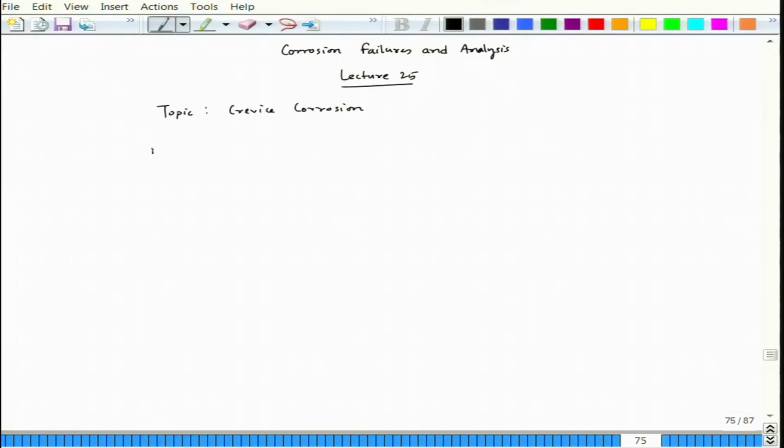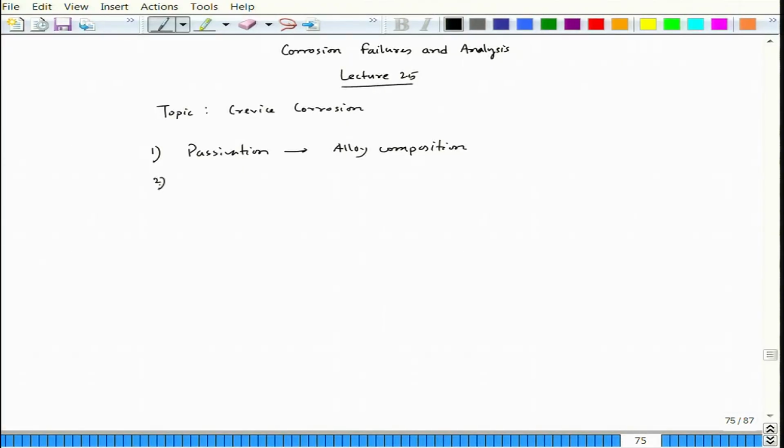So, one factor is of course passivation, and once we talk about passivation, it definitely brings in alloy composition. For example, normal mild steel is not a passivating type of metal, but once you add chromium, more than 12%, 18% generally in 304, it becomes highly passivating. So, alloy composition becomes important.